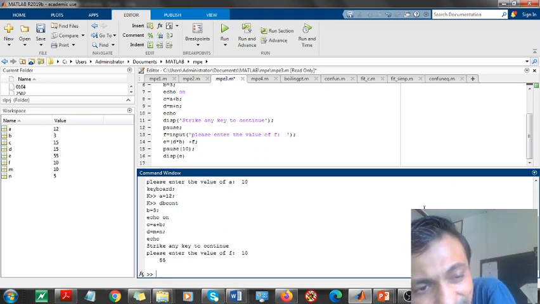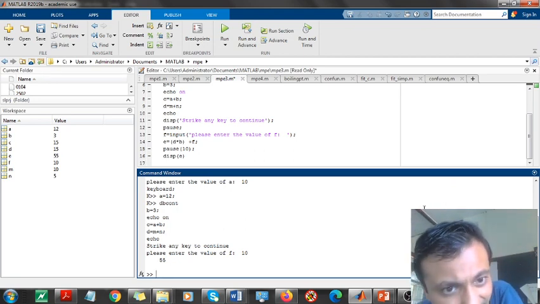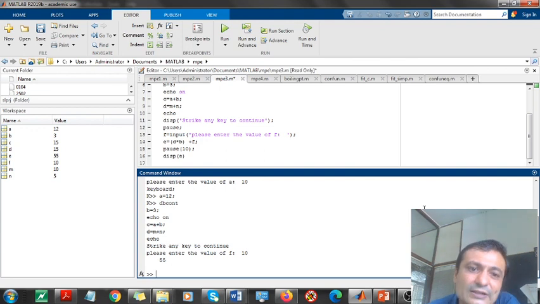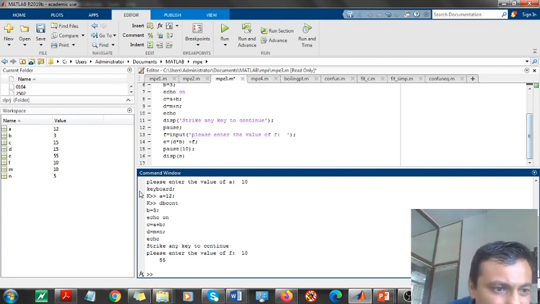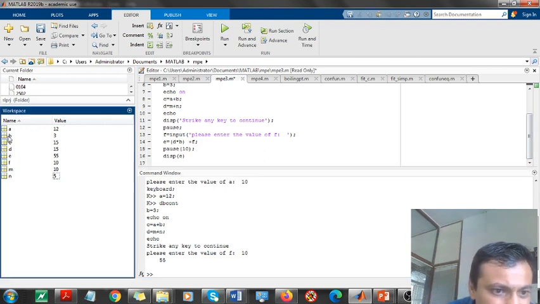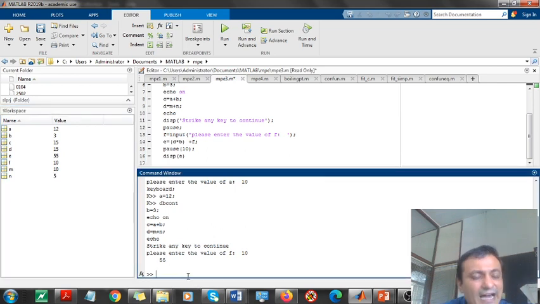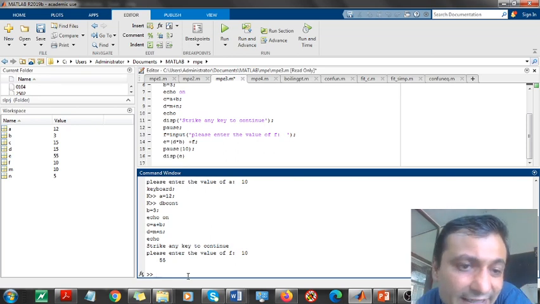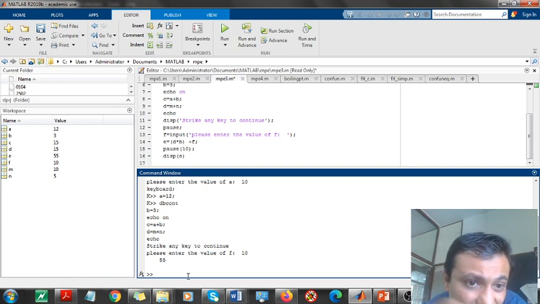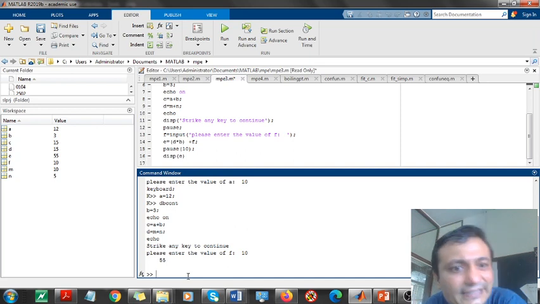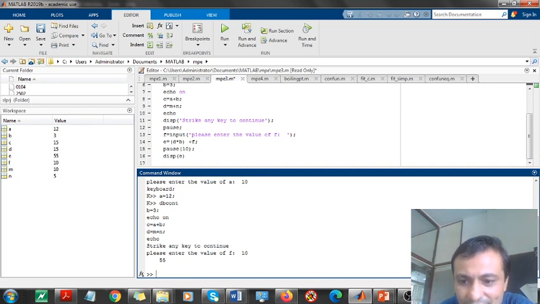So these 3 files which we discussed are all script files, and as I told you, every variable is generated here. So these script files are in a way a bridge between the user and the function file. Once I explain what a function file is, I think you can understand why I consider a script file as a bridge between these two. So I hope after looking at this video, you would have been able to understand how to write and execute a script file. Thank you.